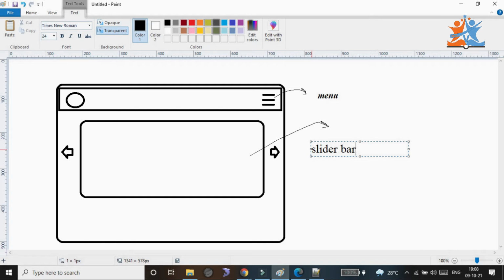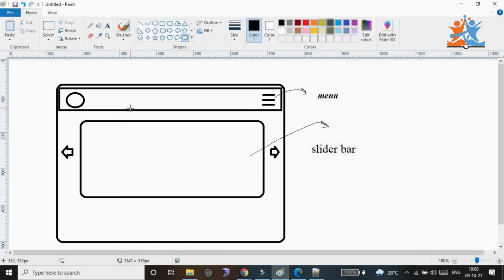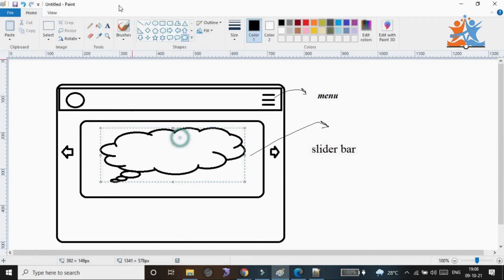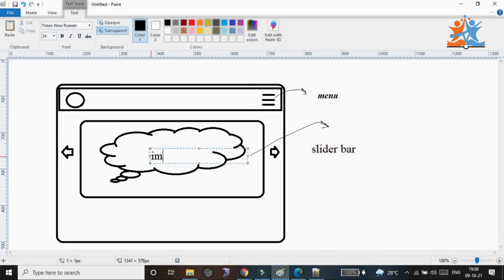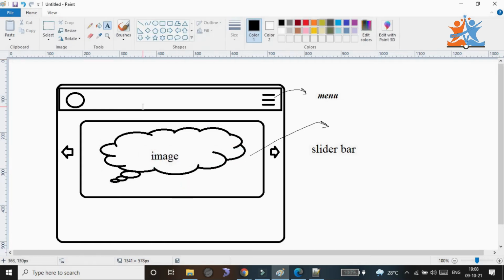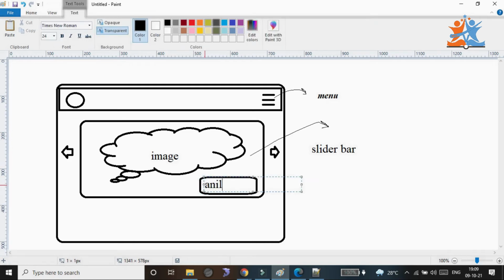And here we are displaying an image. In some cases we are displaying an image, and here we can get what type of image this is. So we get it as a caption also. What type of image are you displaying? For example, for an animal image you can get the caption as animal, and for a laptop, the caption is laptop. The proper related captions we can also get with the help of JavaScript.